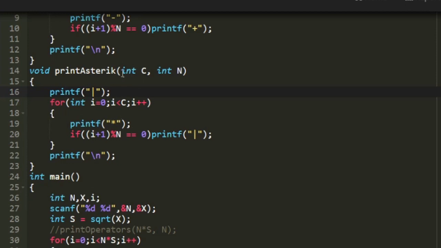And in the arguments we are accepting 2 integers. The value stored in C would be n into s, and the value stored in n would be the same as the input n. Now first we are going to print a slash. We are asked in the question to enclose all the asterisks and separate the matrices of the matrix with slashes in between. So first we are starting it with a slash,